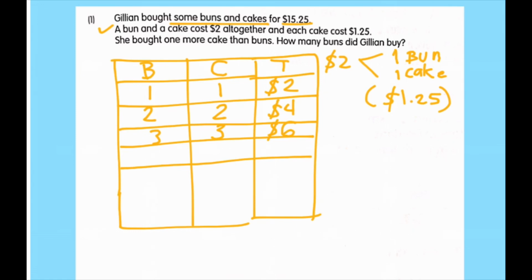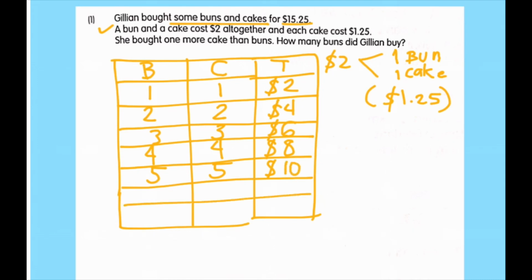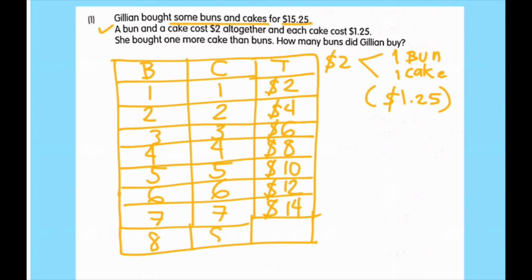Can you continue the table? 4 buns and 4 cakes will give us $8. 5 buns and 5 cakes will give us $10. 6 buns and 6 cakes would give us $12. 7 buns and 7 cakes would give us $14. If we continue the table and have 8 buns and 8 cakes, we will have a total of $16, which